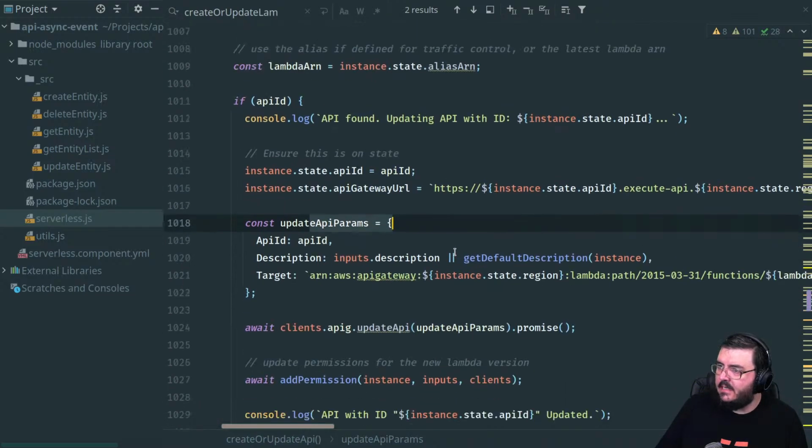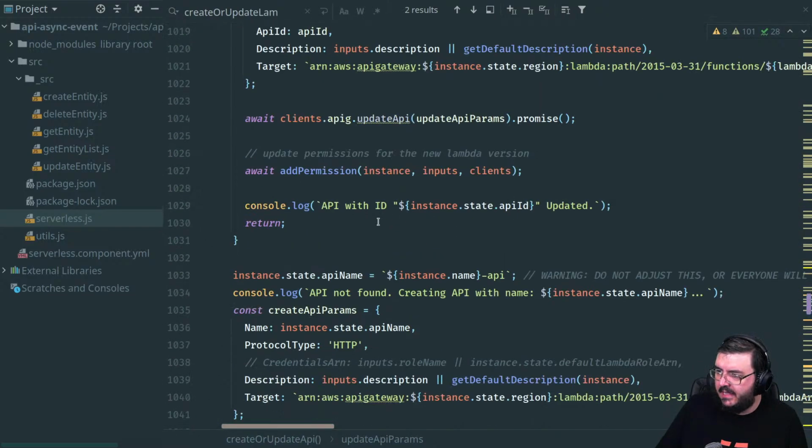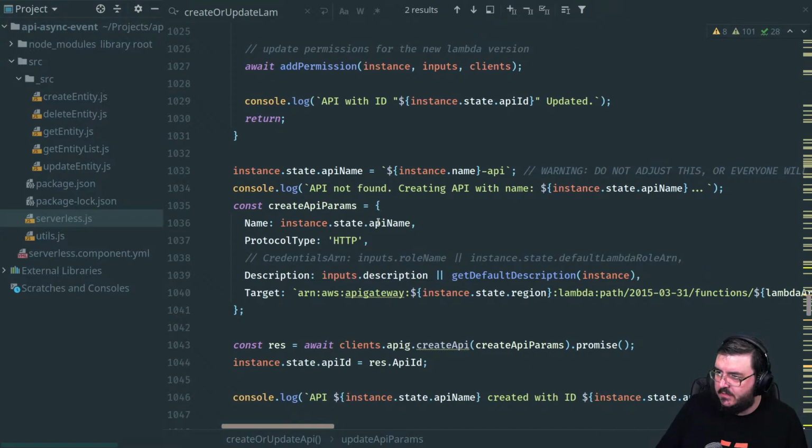All right, let's take a look at... I just want to look in more detail at the create. I think there's going to be something in the create we want to change. This is a straight call to the AWS SDK, because that's the API Gateway v2 client. See, and it hovers there.